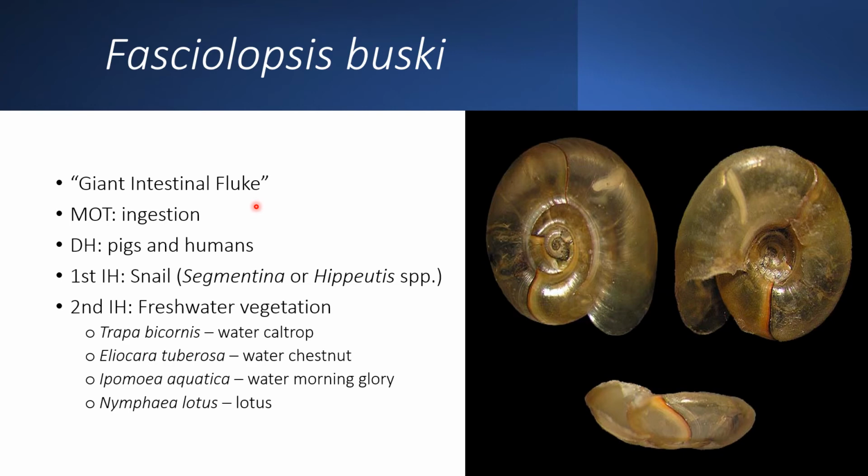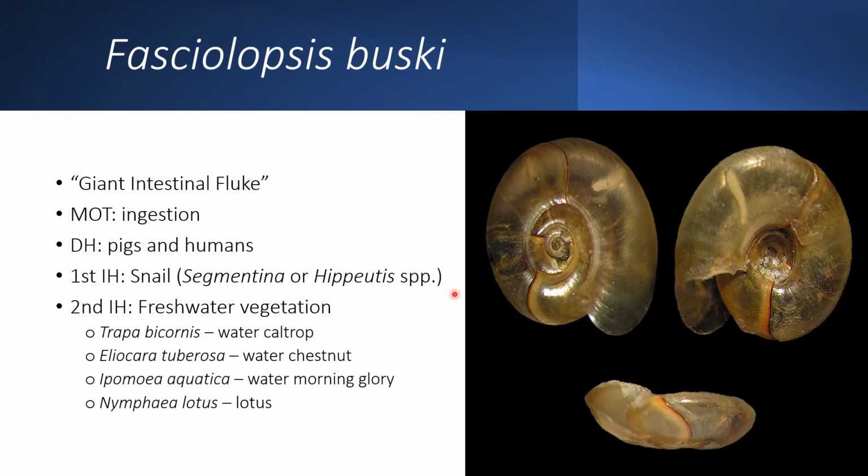It is the largest and the most common intestinal fluke infecting man, and it was first noted by Busk in 1843 in the duodenum of an East Indian sailor. The mode of transmission is ingestion. Its definitive hosts are pigs and humans. Reservoir hosts for Fasciolopsis buski are dogs, pigs, and rabbits. The first intermediate host is a snail,